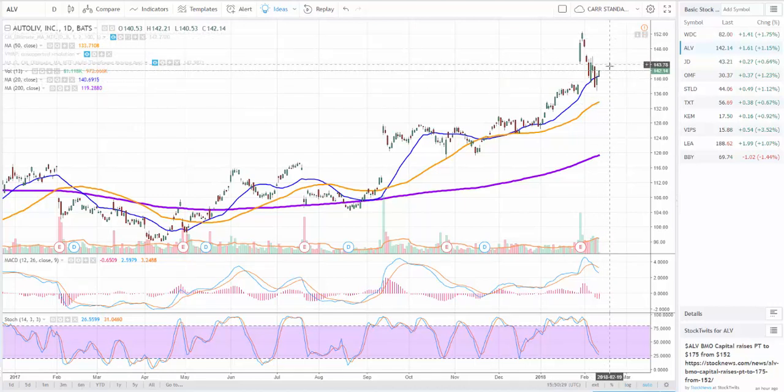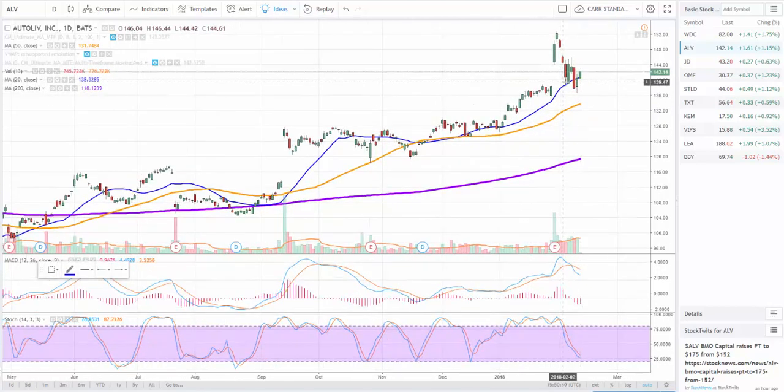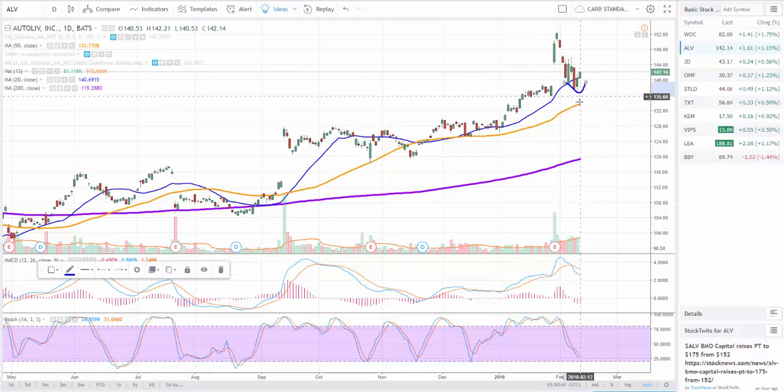And that's not a whole lot of upside. It's a 10-point upside. I don't want to take that much downside risk. So I'm going to draw a little line here under this pivot point. See that little pivot point right there? That's going to be the marker, in my mind, of where, if the stock traded down to that level, it